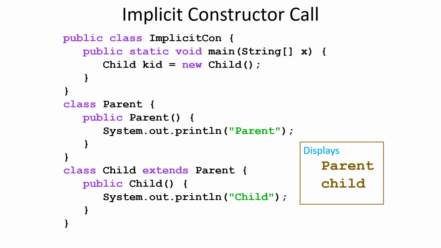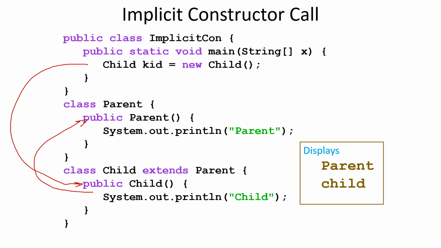In this program, we have the class child, which extends parent. Up in the main program, we create an object of the class child. So it calls the child constructor of the child class. This one does not have a call to super, so we can assume that there's an implicit call to super with no parameters. Since the parent is the parent of a child, it calls the parent class with no parameters,